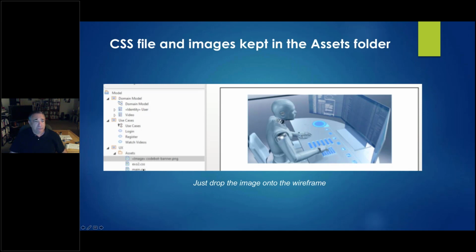XO2 is a font. Main.css is the main style sheet. And so I just basically get these assets into the asset folder, which is really easy in EA. You just drop them on the diagram, then drag them into the assets folder. And then you can delete them off the diagram if you want to. But once you've done that, then you can drag and drop those assets from the assets folder onto the wireframe.